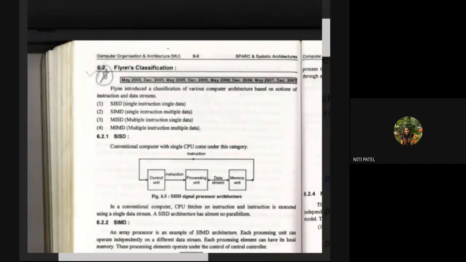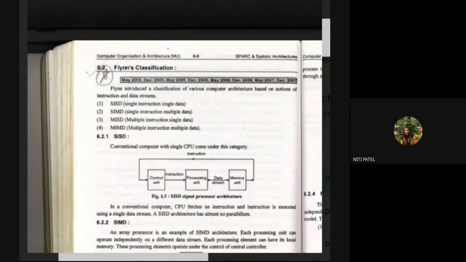Then I write an instruction add a plus b. So it will add the contents of a and the contents of b, and then the fourth instruction will be store the result, that is store c. Whatever addition is done between the numbers a and b will be stored in c, and then the program will end. So the 5 lines of the program are divided into 5 different instructions. The first two instructions were to move, the third instruction was to add, the fourth instruction was to store, and the fifth instruction was to end the program. So what is happening when the entire program is going into SISD?